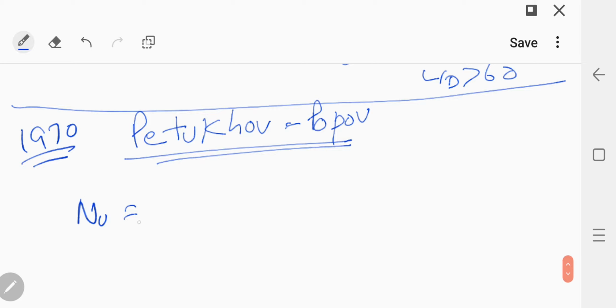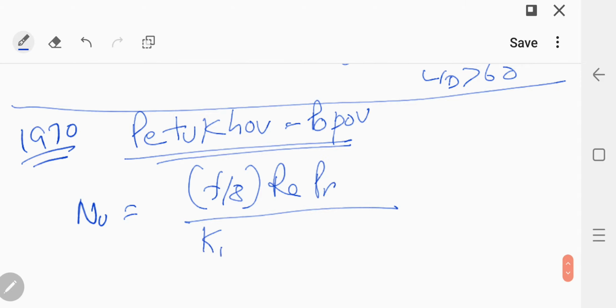So Nusselt number is proposed as f by 8 into Reynolds number into Prandtl over K1 plus K2 into